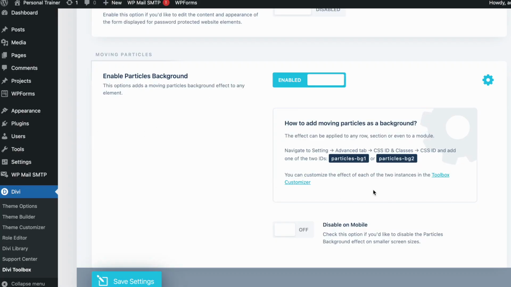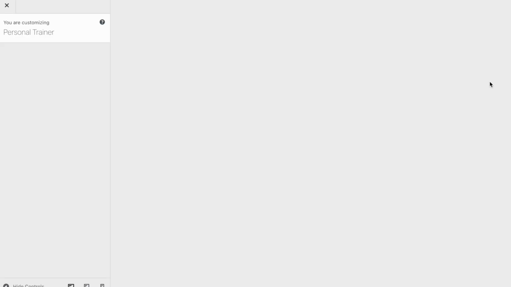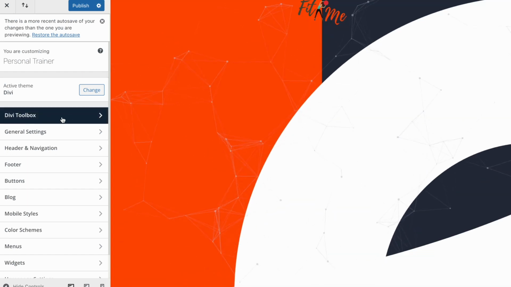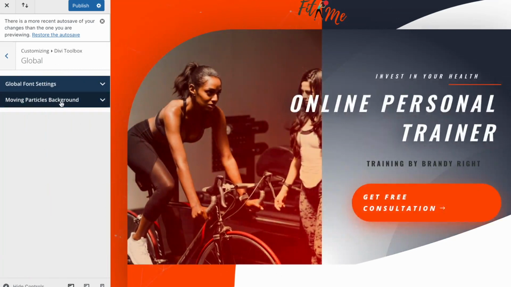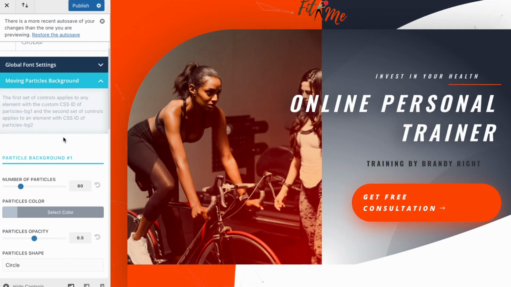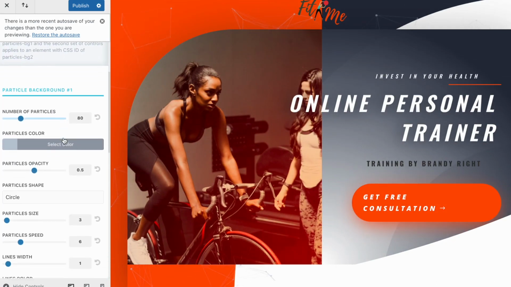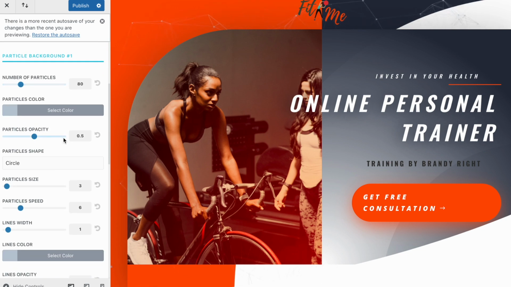Let's navigate back to the moving particles settings. Over here, click on DV Toolbox Customizer, or you can click on this gear icon. Wait for it. It will automatically navigate to the moving particle settings. Click to open moving particle background. Here I have full access to all settings of the moving particles, like number of particles, opacity, shape, size, speed,